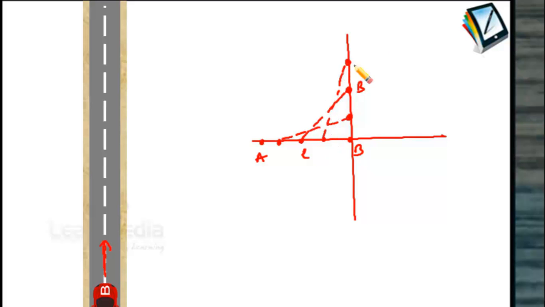And definitely it looks like the distance is increasing. Later car B arrives here, suppose car A here, then the distance between the two cars will be this distance. Further, if car B moves still forward and car A moves here, this is the distance. And like this, the distance will go on increasing. So somewhere in between, as B moves like this and A moves here, the distance may be the shortest, which we need to calculate.